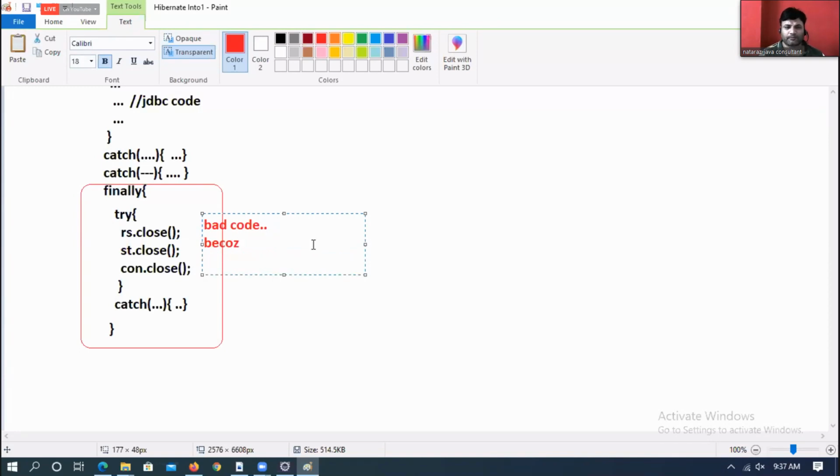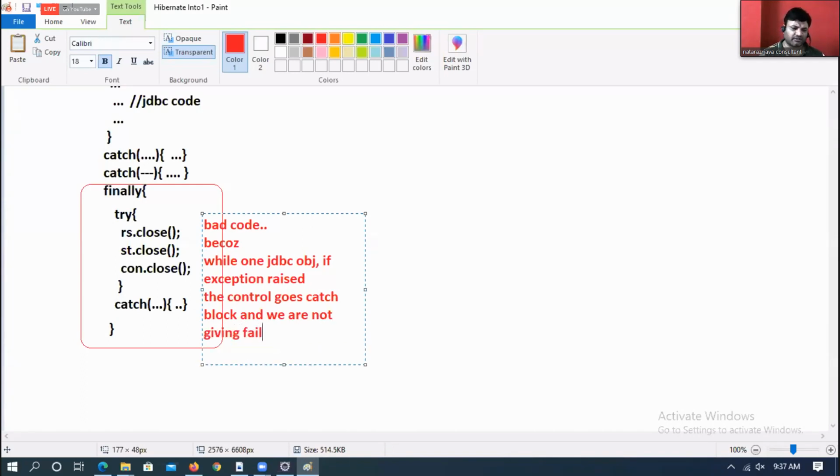Because while closing one JDBC object, if an exception is raised, the control goes to the catch block, and we are not giving a fair chance to close the other JDBC objects.